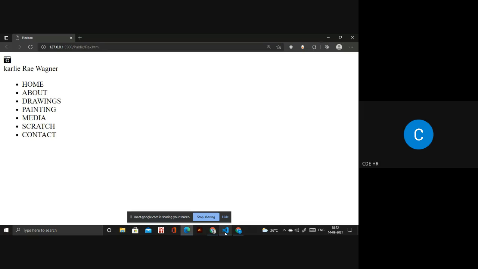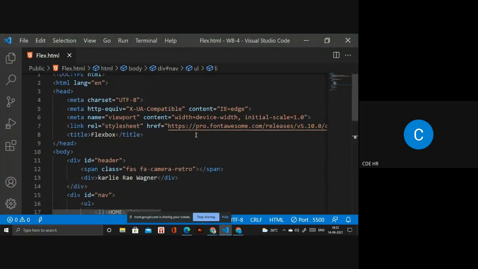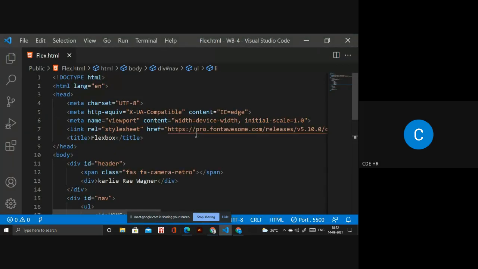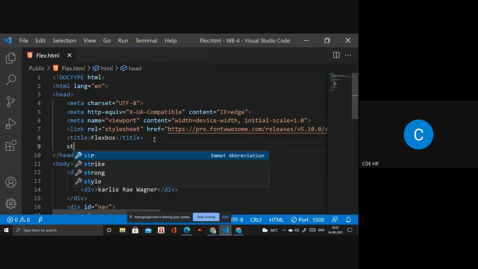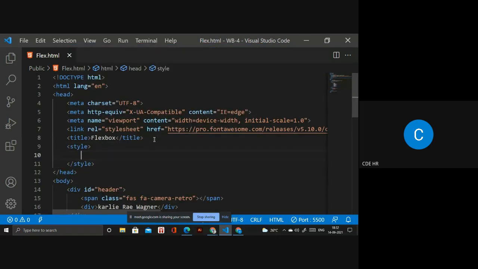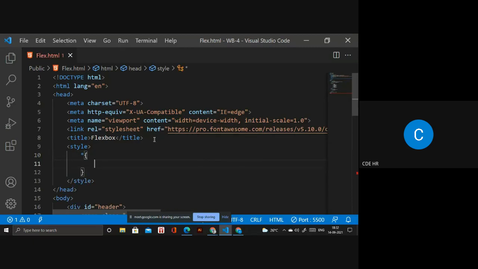So if you want to change the font size, then you can by using the universal selector we have there. You have to write style and this one is the universal selector. Okay.